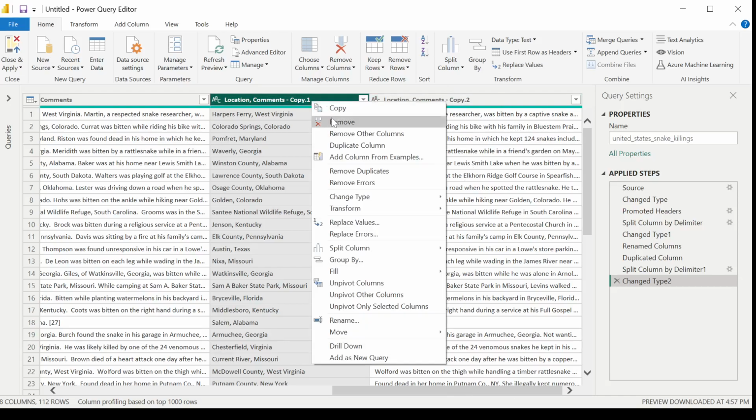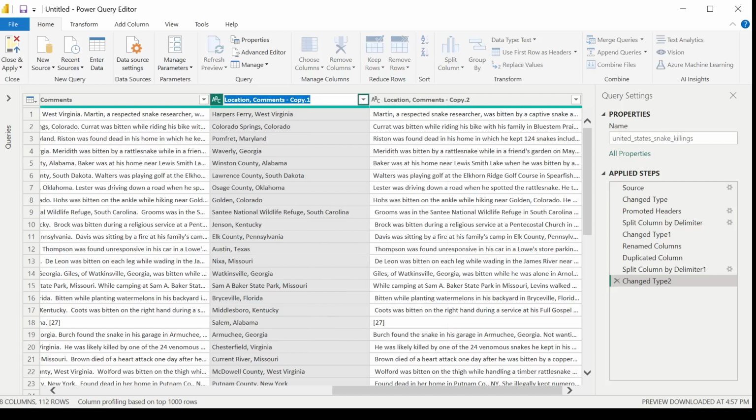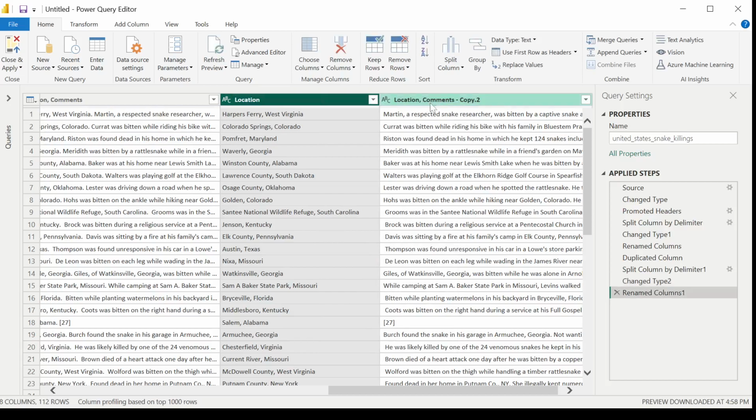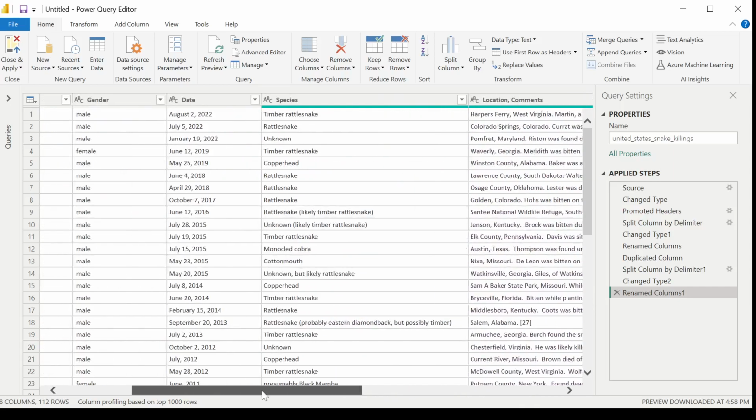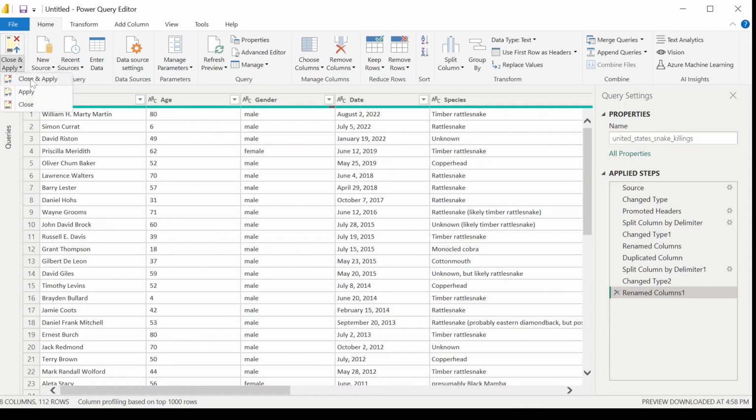So I want to rename this one here. Just rename this the location. And then this is going to be my comments. So let's rename that. In Power BI, you can see that each of the steps have been indicated over here. So if you'd like to undo a step, you just simply can select the X there, and that will undo that particular step. Now that I have my data split like I would like, I'm just going to close and